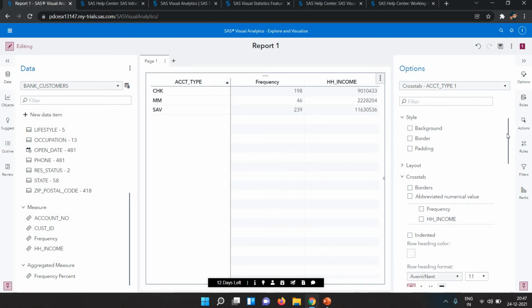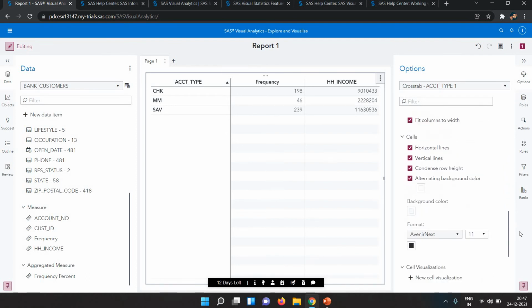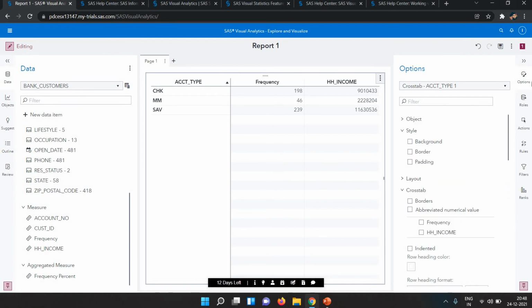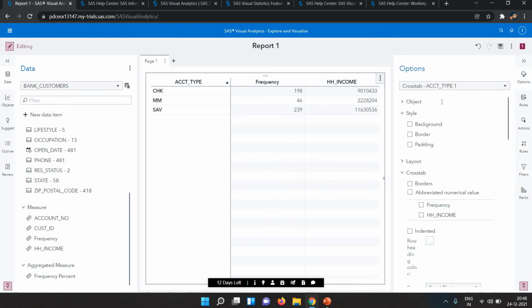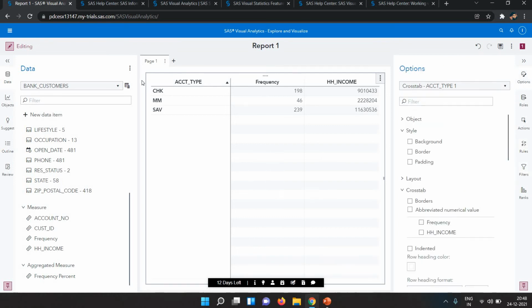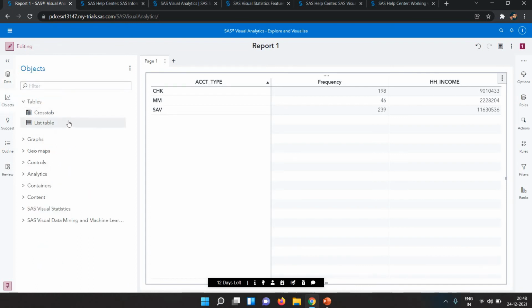The options are basically for highlighting and coloring and for more effectiveness. This is the tab.